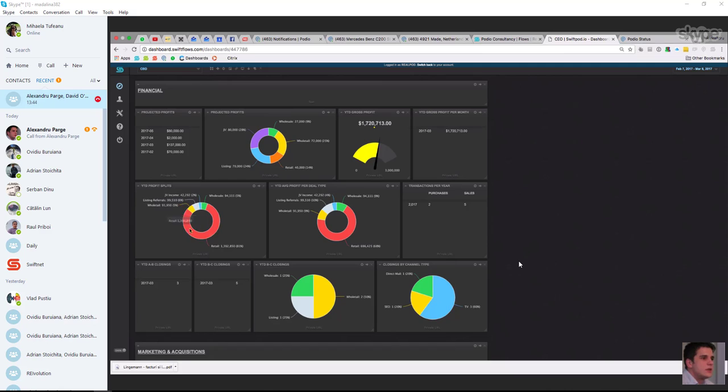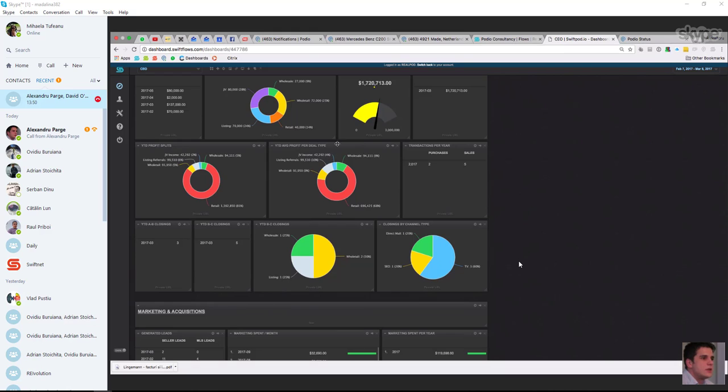Then we have split it on the BC strategy, the executed profit, year-to-date average profit per deal type, number of transactions, number of AB closings year-to-date, BC closings, types of BC closings, and this is as a channel